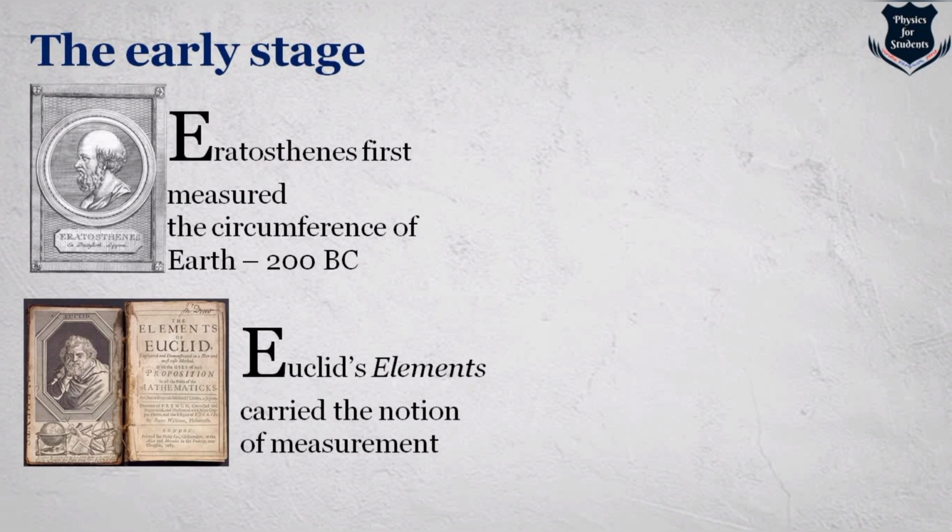What we see next is one of the great Greek pioneers, Euclid, who in his book Elements first carried the notion of measurement. We have all read Euclid during our school days, and young people still read Euclid's Elements. Whatever we call triangle, angle, length, measurement, everything is there in Euclid's Elements, written in the Greek language. It is the first and foremost aspect in defining measurement and creating a proper formal approach towards geometry. We call it Euclidean geometry because we deal with notions and ideas written in Euclid's Elements.